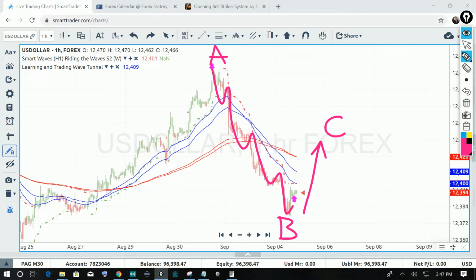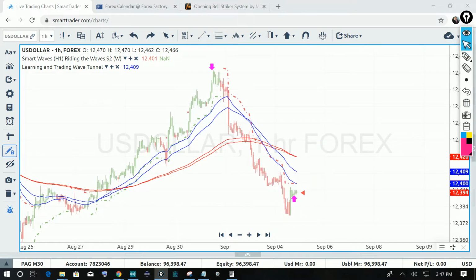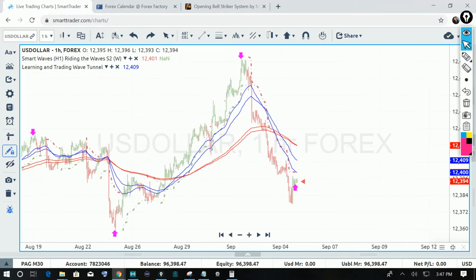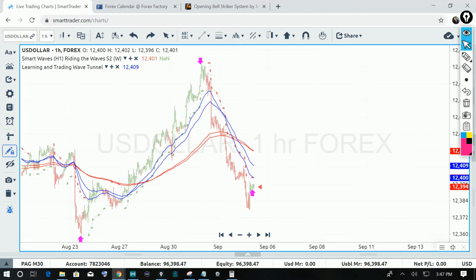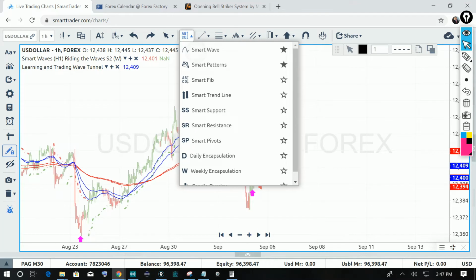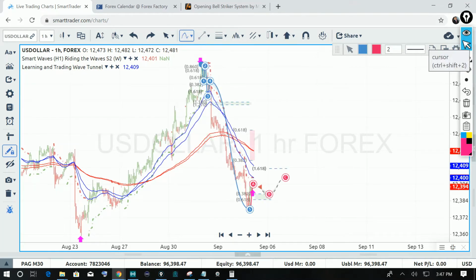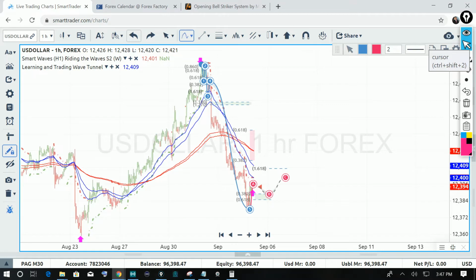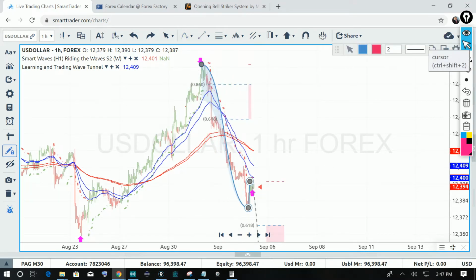So let's take a look right here at the market's swings, and I'm going to go back to the 1 hour right here, and put in my smart waves, and start from the top. So there's no doubt that I'm going to extend this right here to the bottom because we are looking for a larger move, and the larger move is going to look something like this. So this is where I'm expecting the wave 3 to go.